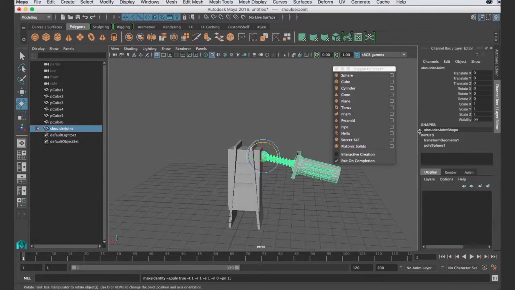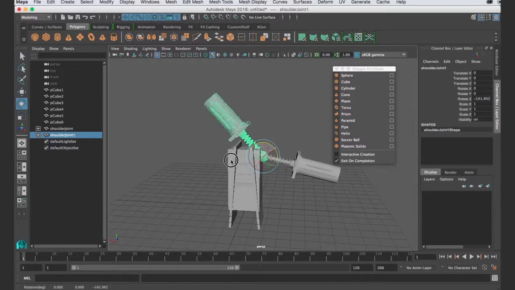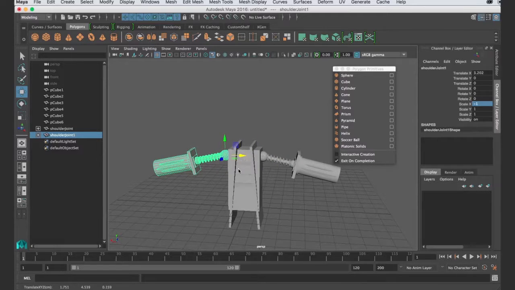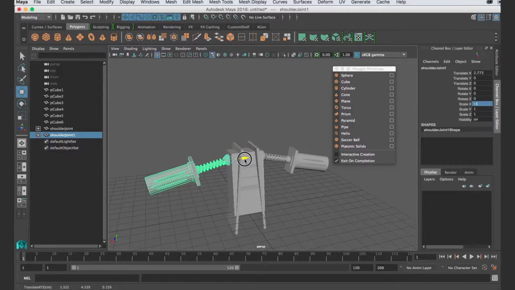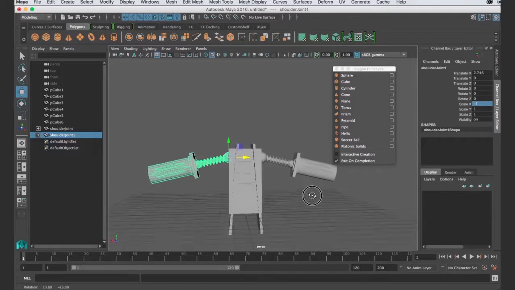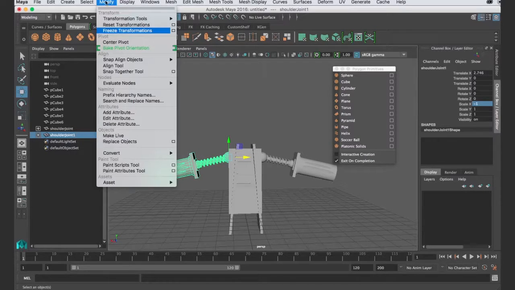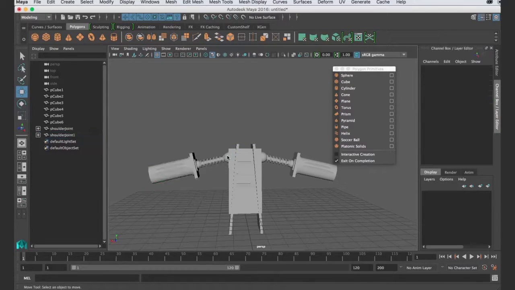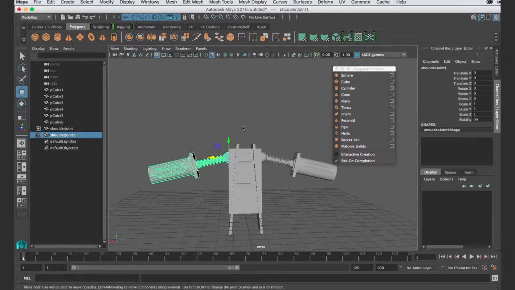And the reason you would do something like that is now when I make a duplicate, I Command D, I want to move this to the other side. Now I could just rotate it like this, but what I would like to show you is you can go to your scale X, and I can just put in a -1, and that flips my arm there. I'm going to go ahead and freeze transformations again since it had a negative value, and then